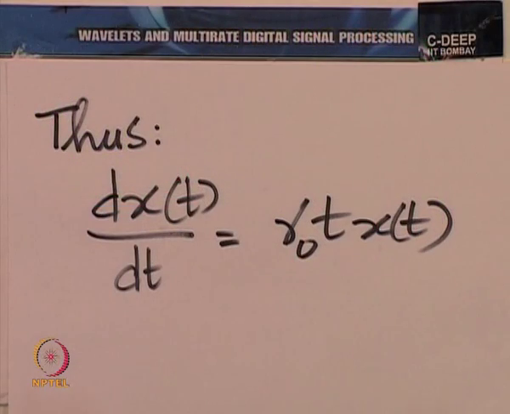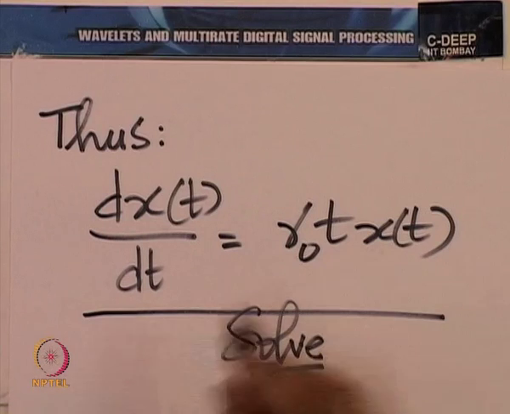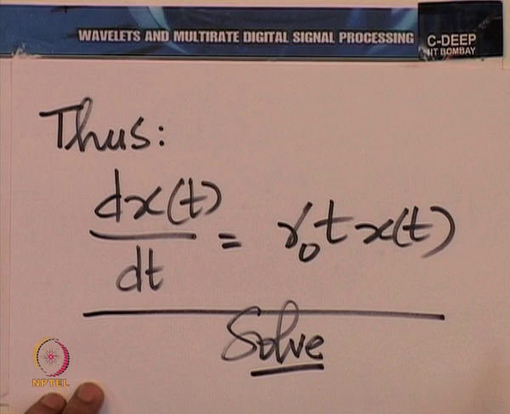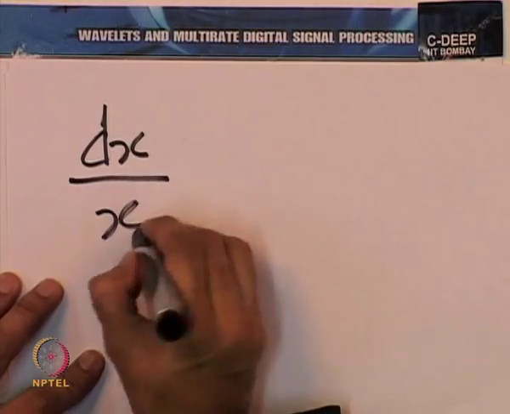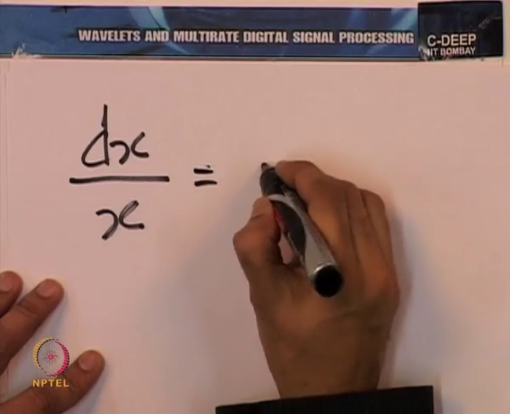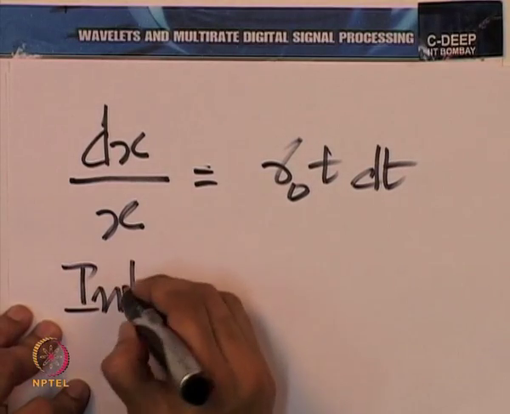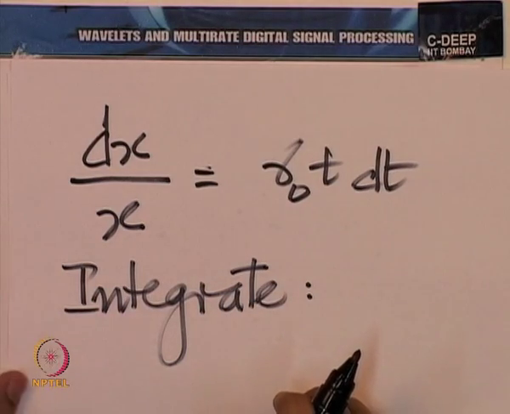The solution of this equation would give us the so called optimal function. So, we solve this. How do we solve it? By a simple redistribution of the derivative. So, essentially what we are saying is dx by x is equal to gamma naught t dt, and if we integrate, we get